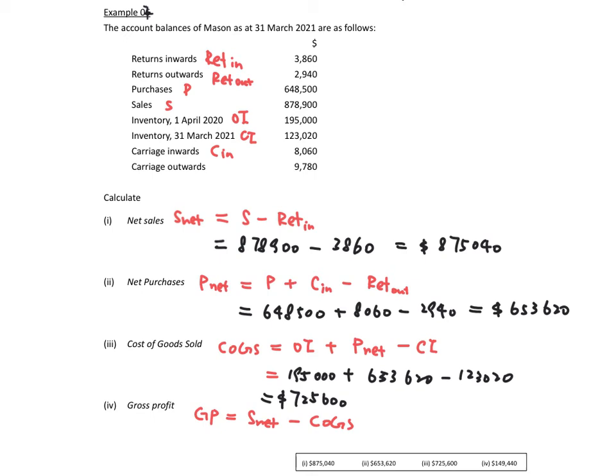So we have the net sales, which you get from part 1, and then minus the cost of goods sold. You get the cost of goods sold right here. And the final one you find should be